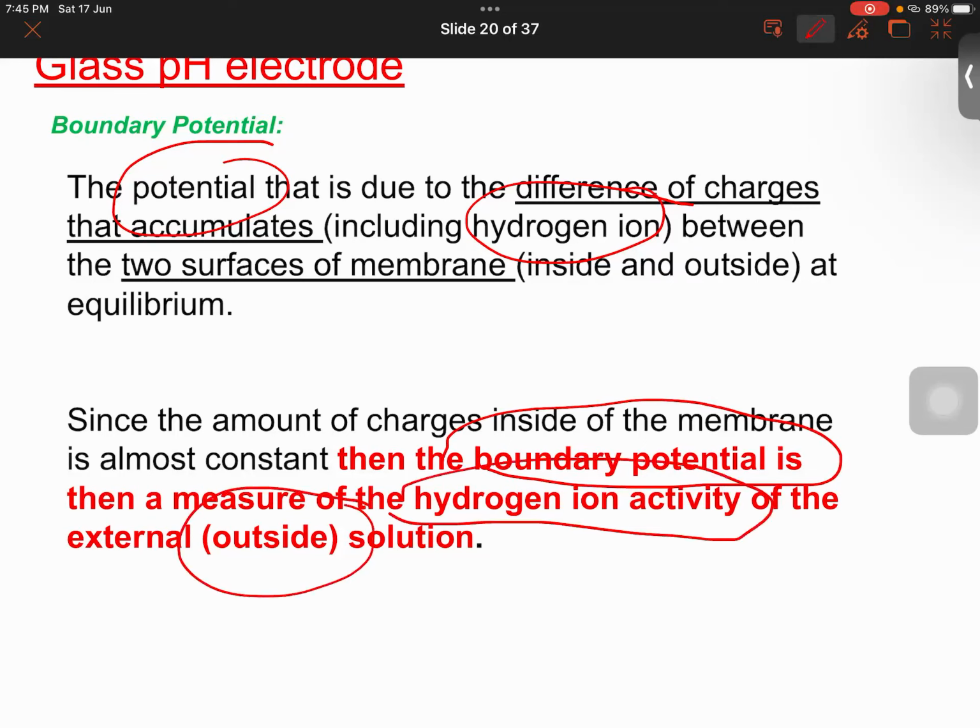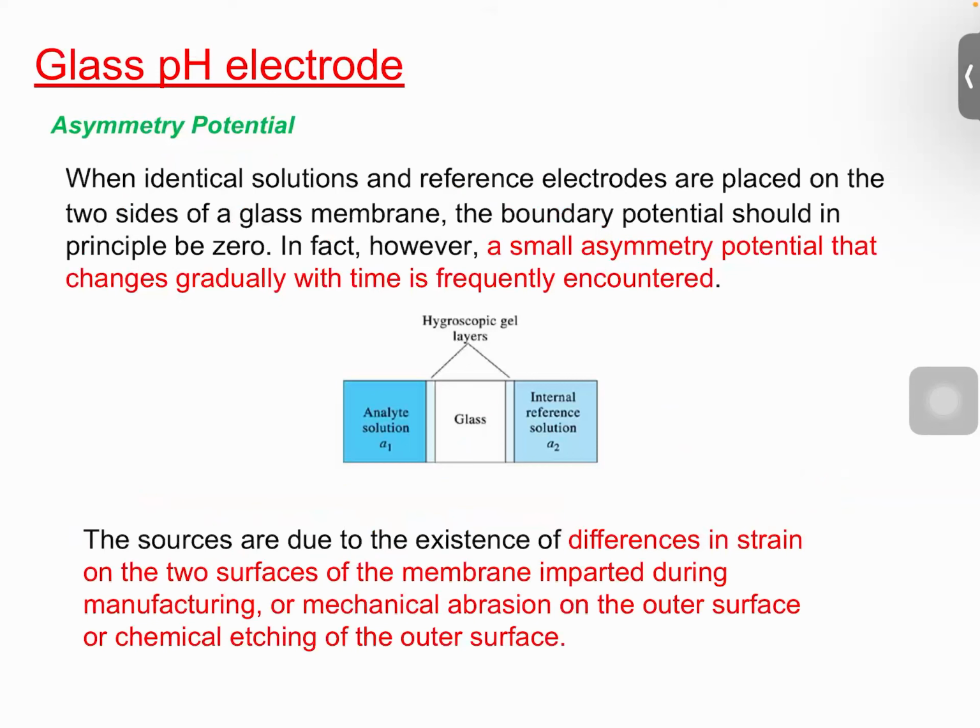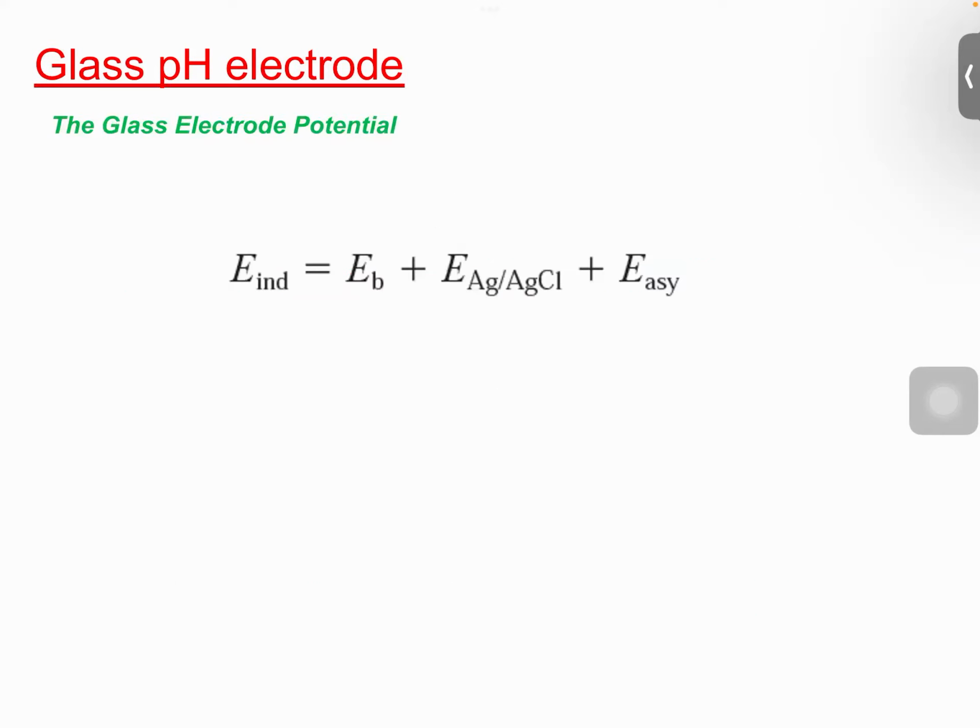Meaning that in the beaker where you put the solution that you wish to measure the pH. So this is the outside solution. Okay, so this is something extra. So we don't need to do this. So basically, we have